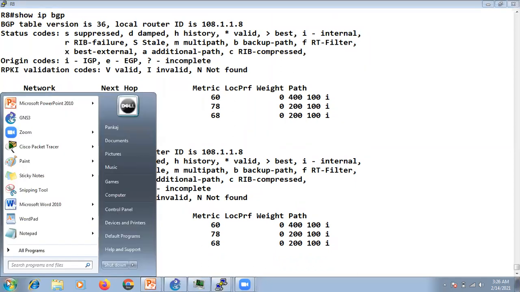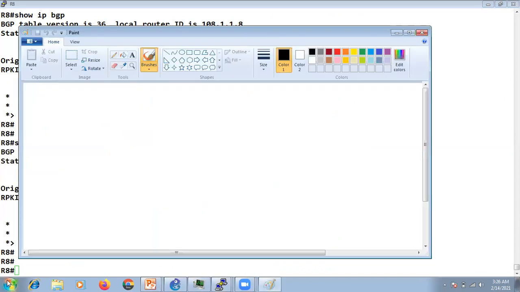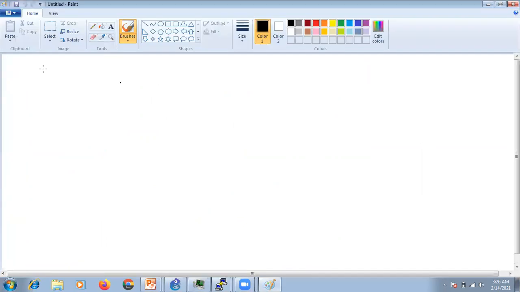Let's try something on the paint. There is one more concept in MED, so let's try to understand this.